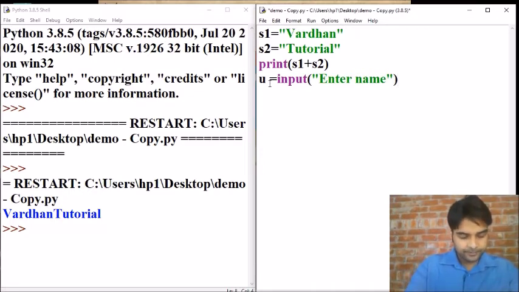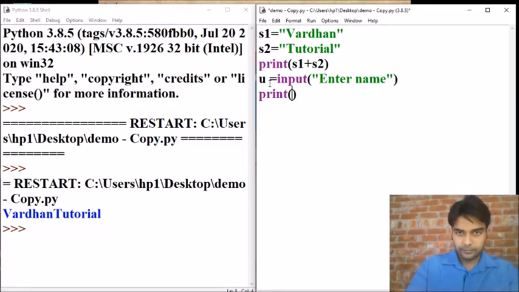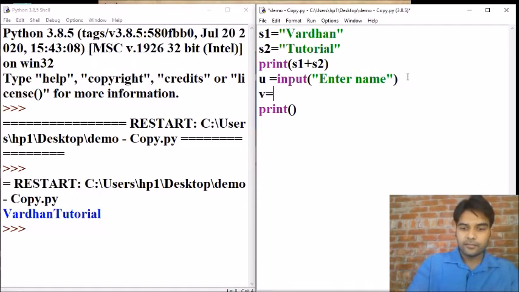Then we will write print, and v is also a string. In v we have written a message, welcome to Vardhan tutorials.